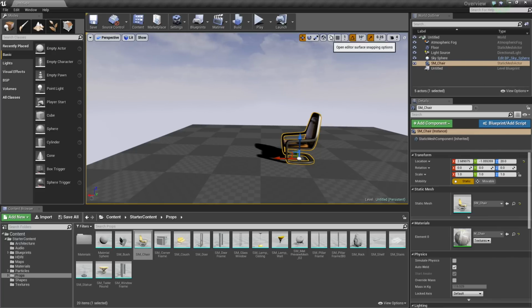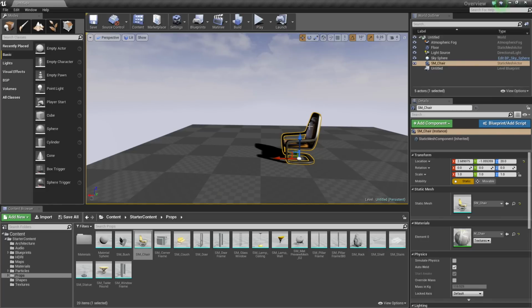There's also the editor for snapping options. We're not going to get into that either. That's really more of an advanced feature, but you can experiment with that once you're more familiar with grid snapping in general. It's up to you to kind of play with that and see if that's something you want to work with.